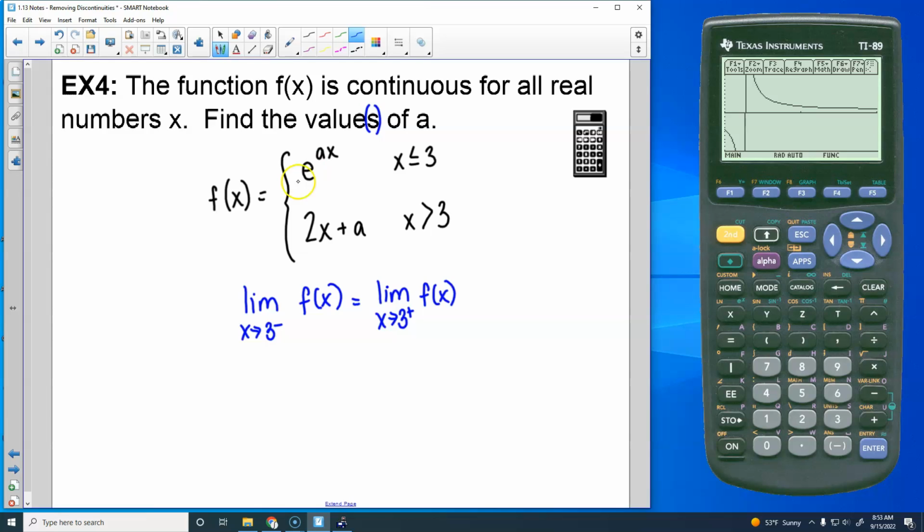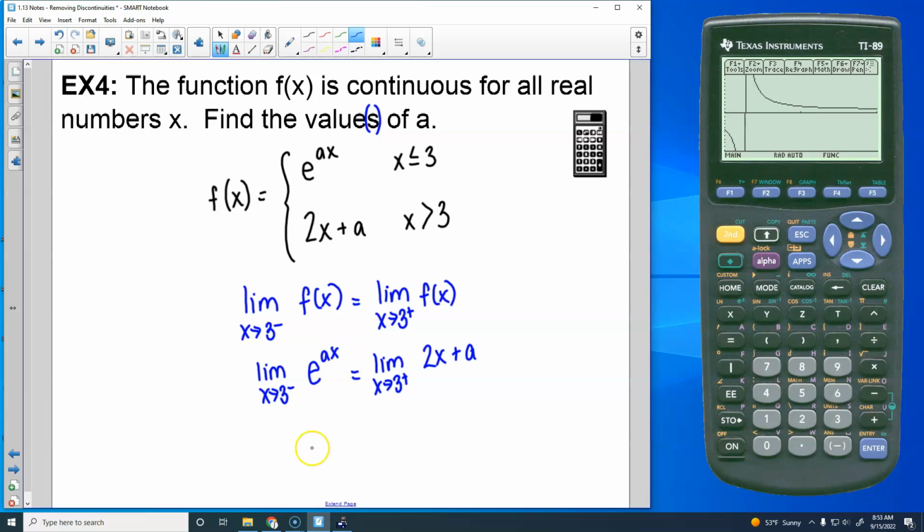So from the left, e times e to the ax is what we're using. So we're doing the limit as x approaches 3 from the left of e to the ax. And on the right, x approaches 3 from the right of 2x plus a. So, to do these limits,